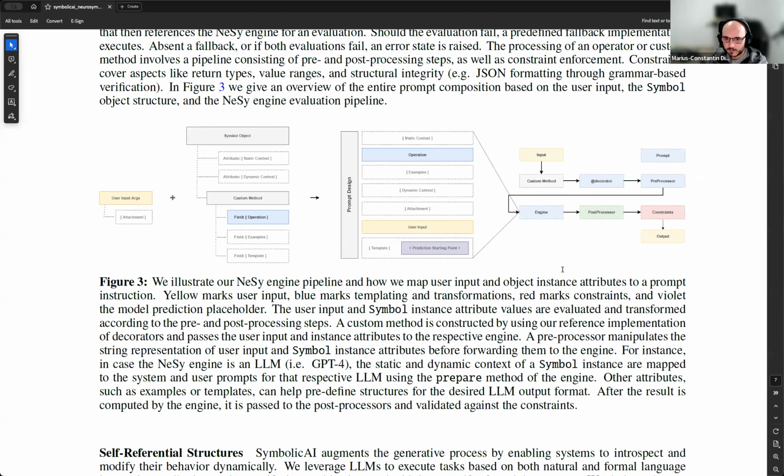I like this a lot because it's very flexible. From any input, you can map it using your preprocessor to the engine's input. After the engine produces an output, you can also map it back to what you want using the post-processor. All of these are fully customizable. And this whole workflow of preprocessor, engine, post-processor, you can store as a fixed block or custom block that you can call next time. So it's very reusable, because you code once and can use it many times.